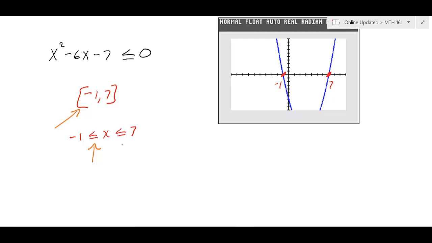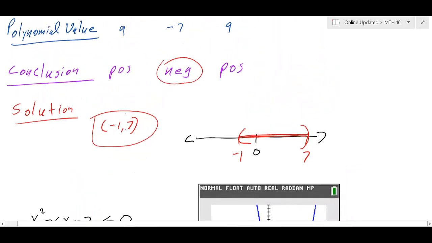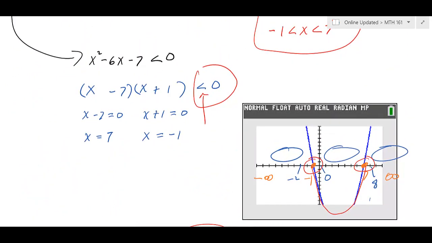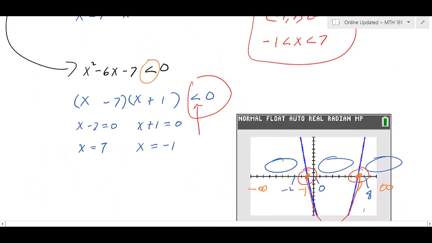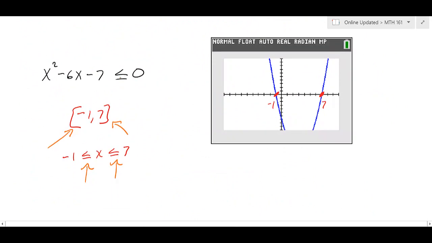Again, if this is less than or equal to, then we would use a bracket for the 7 as well. Up here, notice we simply use parentheses for the negative 1 and the 7, and that is because our inequality here was strictly less than. Because we are using less than or equal to, the solution would include the points here where it equals, and also all of the values here that go down and back up to